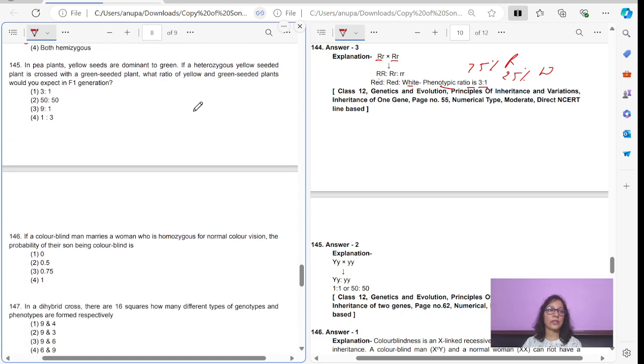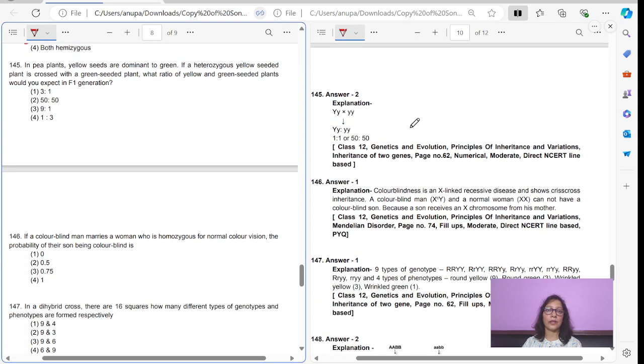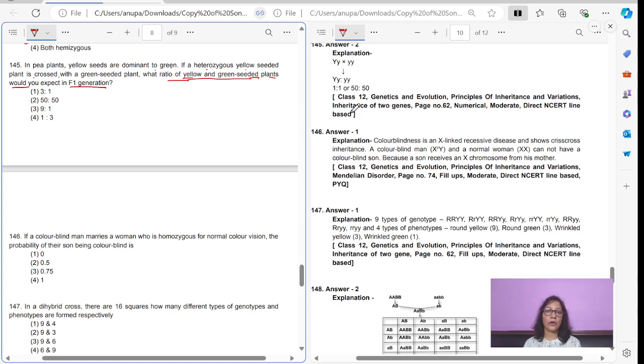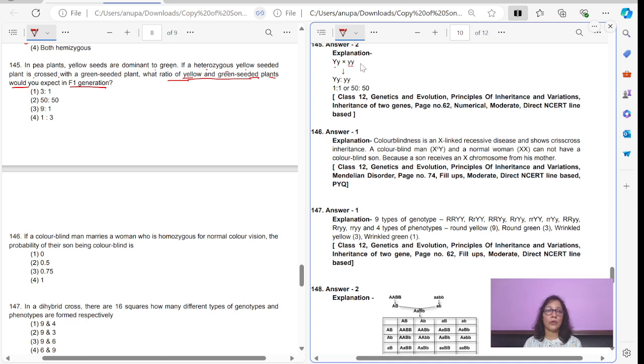Now let's move to the next question, that is question number 145. Question number 145 states that in plants, yellow seeds are dominant to green. If a heterozygous yellow seeded plant is crossed with a green seeded plant, what ratio of yellow and green seeded plants would you expect in F1 generation? We have to find out the ratio of yellow and green seeded plants in F1 generation. So when we cross a heterozygous yellow seeded plant with a green seeded homozygous plant,